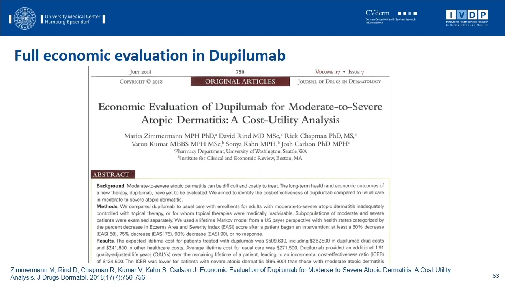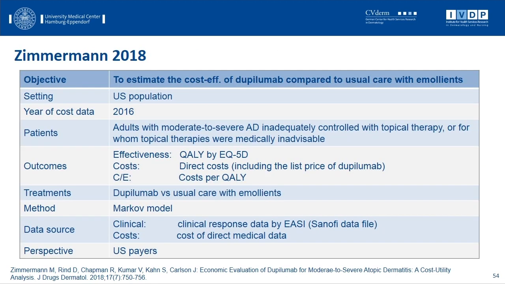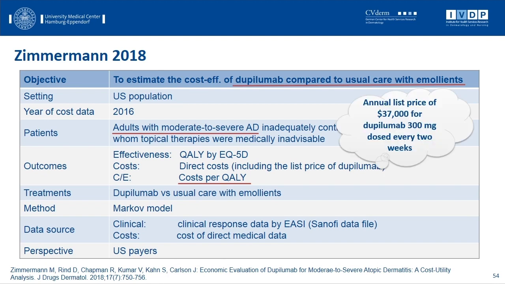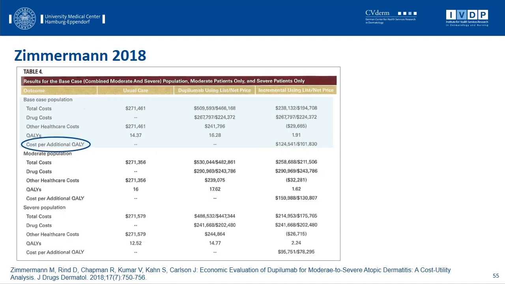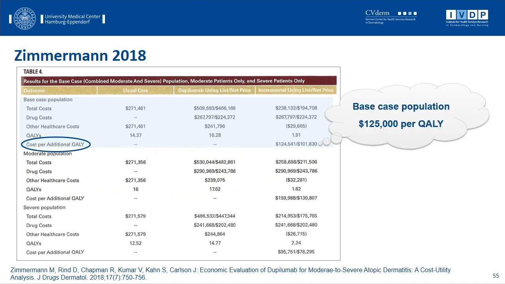And a most recently conducted evaluation was done by Zimmermann et al. They also estimated the cost effectiveness of dupilumab by cost per QALY in adults. And here the annual price list for dupilumab was considered to calculate the cost effectiveness ratio. And it was found that in the base case population, a mix from the moderate and severe population, 1 QALY would cost